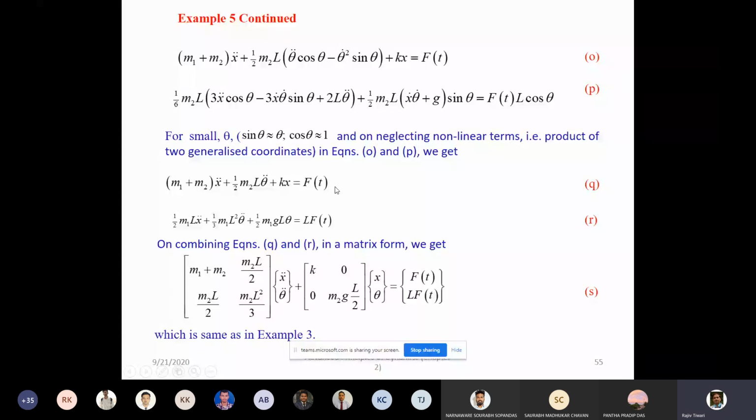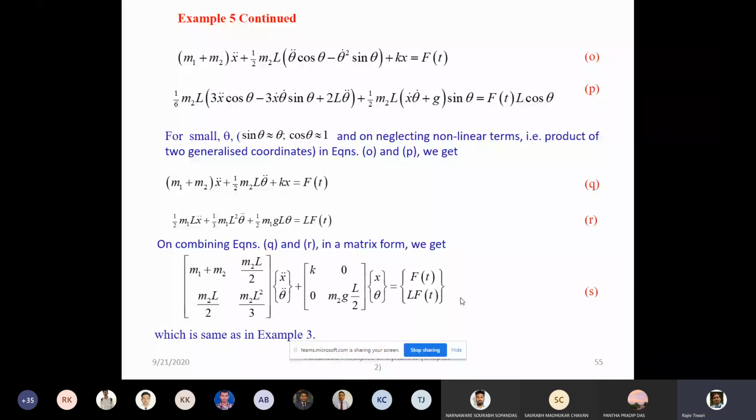So the first equation and second equation will give this equation, and if we combine them, we get the equation of motion in a matrix form like this. Now this equation is exactly the same as we obtained using the virtual work principle. So there's no difference in the linearized form. When we linearize, we got exactly the same equation of motion as we had using the virtual work principle. So this is the illustration of the Hamilton principle for a discrete system or continuous system, as I explained in the previous example.